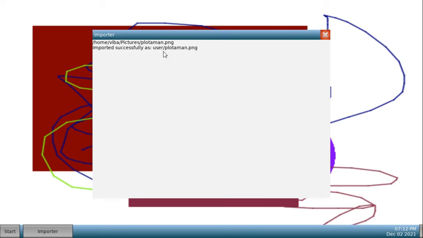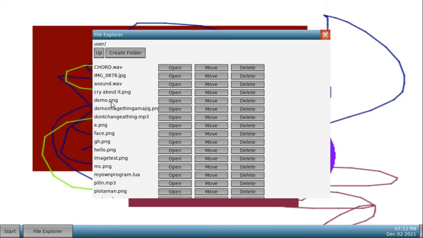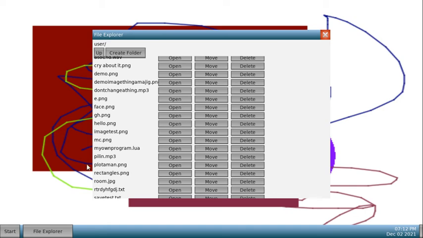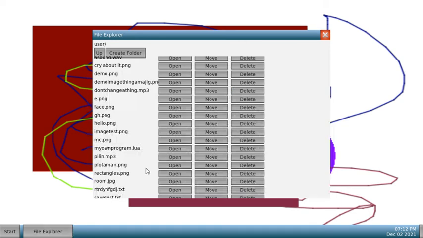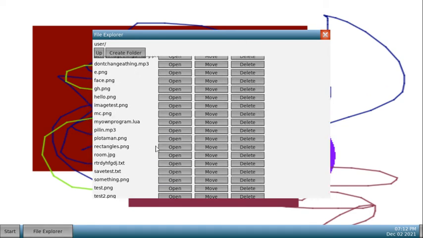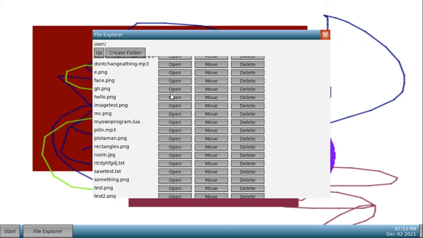As user/plotaman.png. So, sure enough, if you go into File Explorer, scroll down, we see that there's plotaman.png here. We can open it. I don't know what the hell this is, but apparently that's what we just imported. So I guess that's just kind of there, and we can manipulate it like any other file. I don't know why I opened it again. That's horrifying. Anyway,